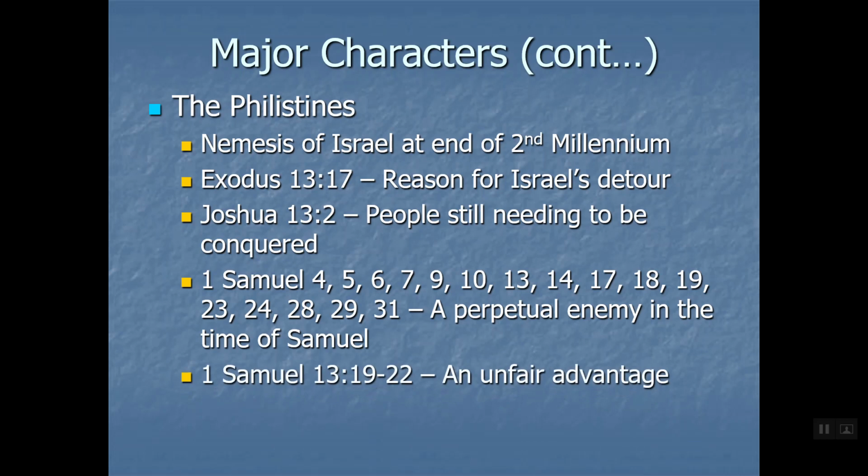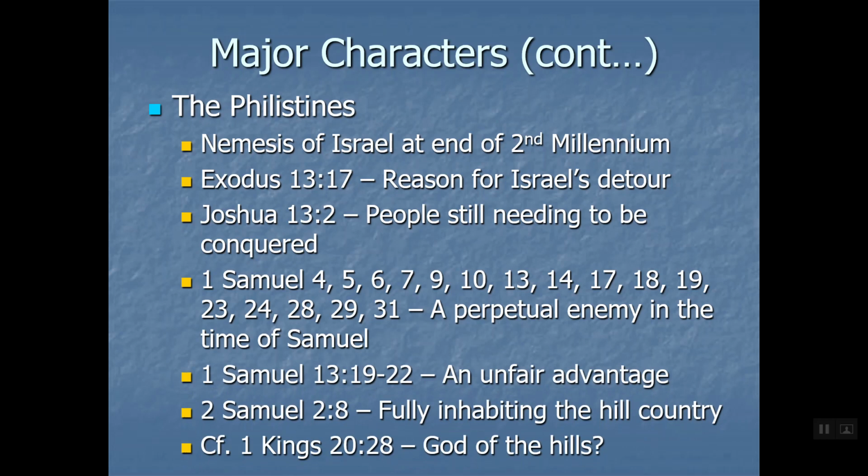Okay, the Philistines are the other one. Another major character here. I'll just put these up here quickly and not spend a ton of time. We're going to read about the Philistines for the next few books. Then they'll fall off the scene and they won't be important anymore. During this period of time, Judges, Samuel, 2 Samuel, the very beginning of Kings, they're a nemesis at the beginning of the millennium. We'll get the dates up there in just a second of when Samuel covers.